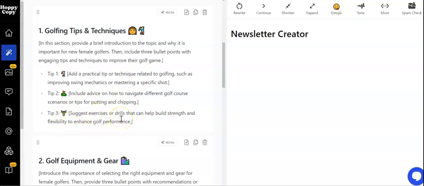And what I can also do, and I often do when I'm using HoppyCopy, is I will have a note open and I will be making notes, because this is going to inspire me to think about future editions of my newsletter, especially when I'm working with clients and I might not be as familiar with their niche as they are. I can use this and say, oh, maybe we should be doing an entire newsletter in the future on exercises, an entire newsletter on drills, and then I can take these ideas, go back into ChatGPT, use it for ideation,